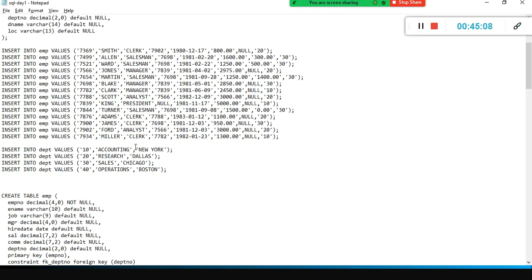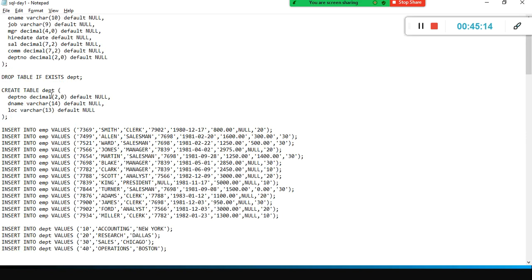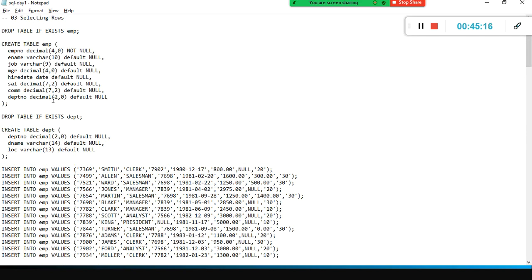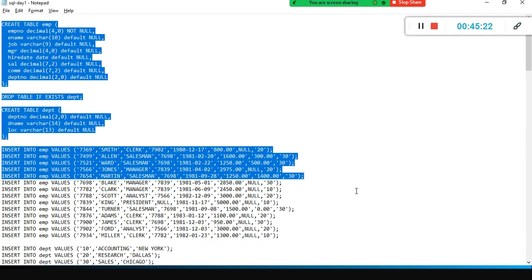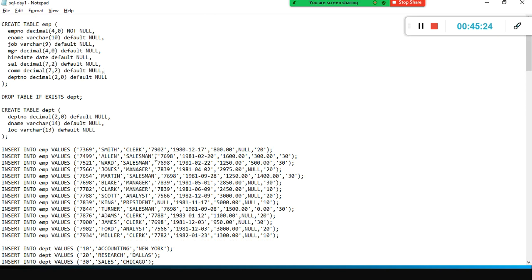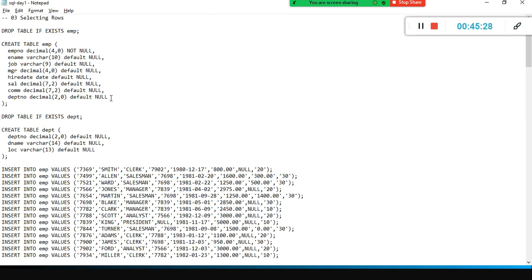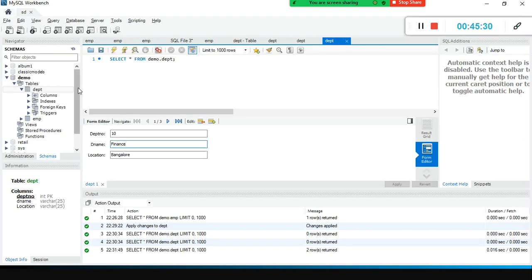The developer has to enter the values like this, and we are supposed to give it to them. In general, when you migrate your code to production, this is how we need to give the script. Manually we type it, and then instead of typing it, you can go to Workbench.